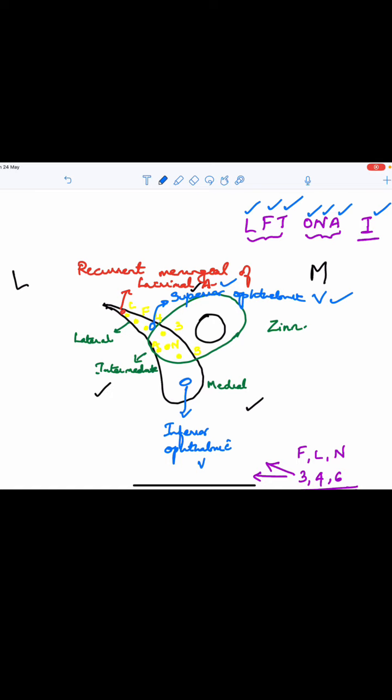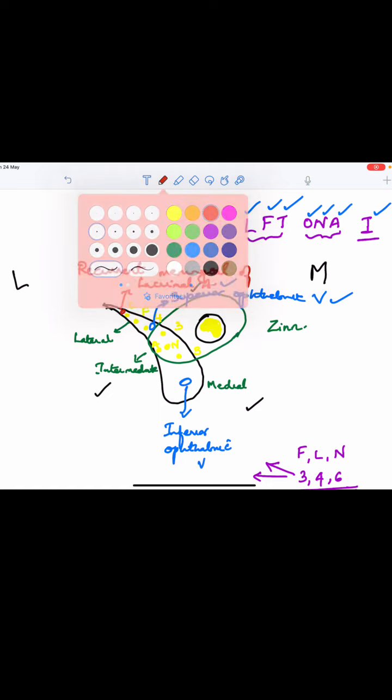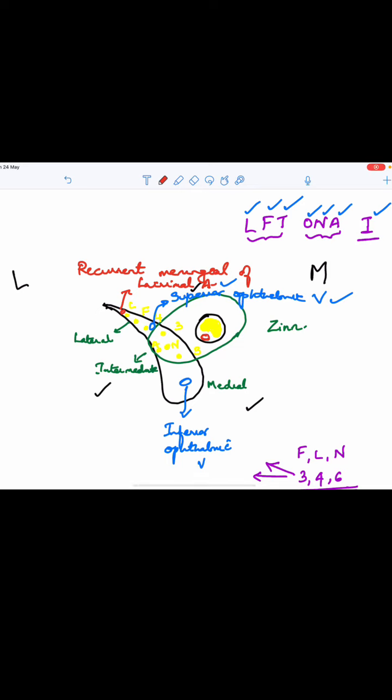Now what is passing through the optic canal that we have already studied? This is the thick optic nerve. Okay, so this is the optic nerve that is passing. It is actually passing from the orbit into the middle cranial fossa, and you have an accompanying artery, and that artery is the ophthalmic artery. So this is the ophthalmic artery, and this is the optic nerve.